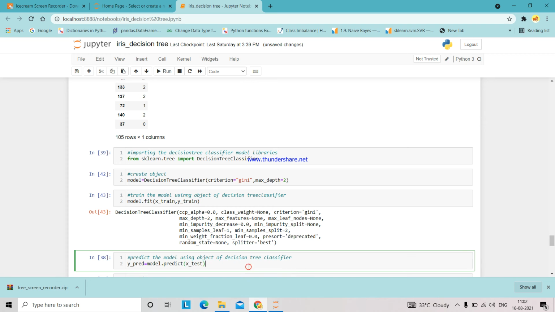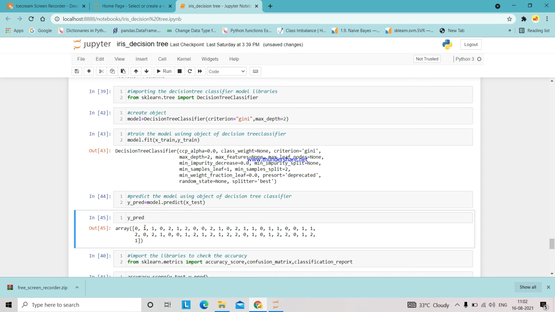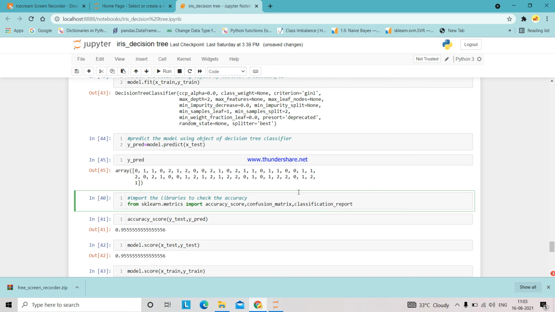So next I want to predict with the model, so I am using y_predict equals model.predict of x_test. I want to predict the test values. So here the classification has some values of virginica, some of setosa, and some of versicolor. Actually we have three types of values, right? 0, 1, 2. So based on the length and width of the petals and sepals, we are classifying the species into three types. Okay.